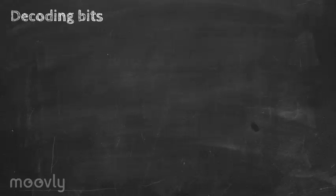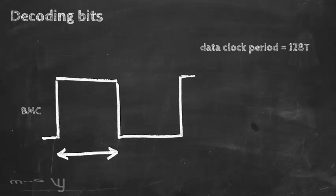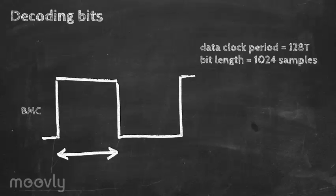To determine out of the BMC signal whether a 0 or 1 bit is being read, the decoder counts the number of samples between two edges. As the data clock period is 128 carrier cycles per bit, at the sampling rate of 8 times the carrier frequency, the bit length corresponds to 1024 samples. If the count is greater or equal to 3/4 of this number, this is 768 samples, the bit is considered